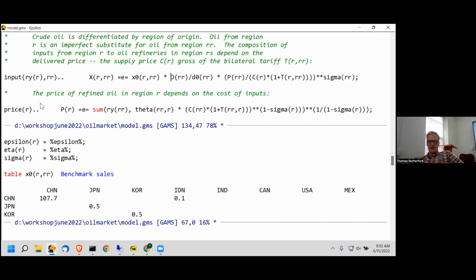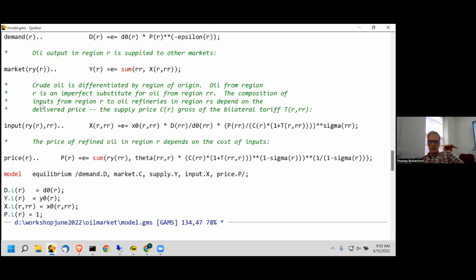That simply says how much crude oil from region R gets shipped to RR. And this would be X of R to RR, the benchmark shipment X0, times an index